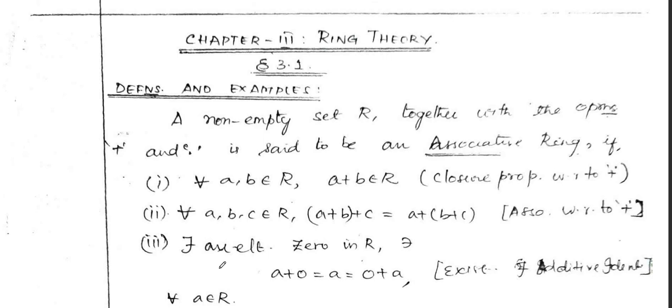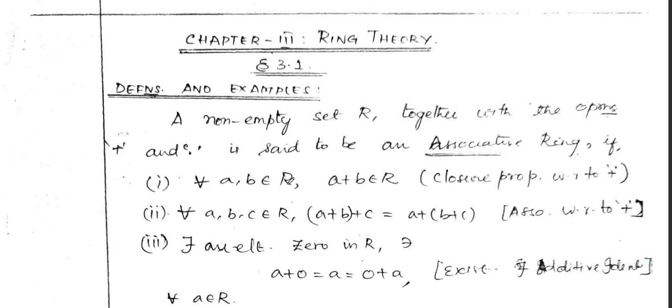In this video, we will see the definition of a ring and a few examples. So first we have the definition of a ring. A non-empty set R together with the operations plus and dot is said to be an associative ring if for